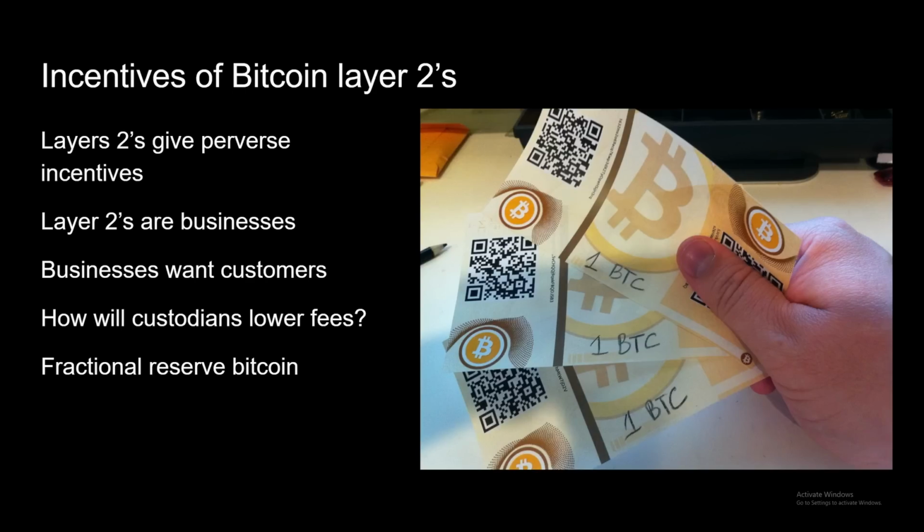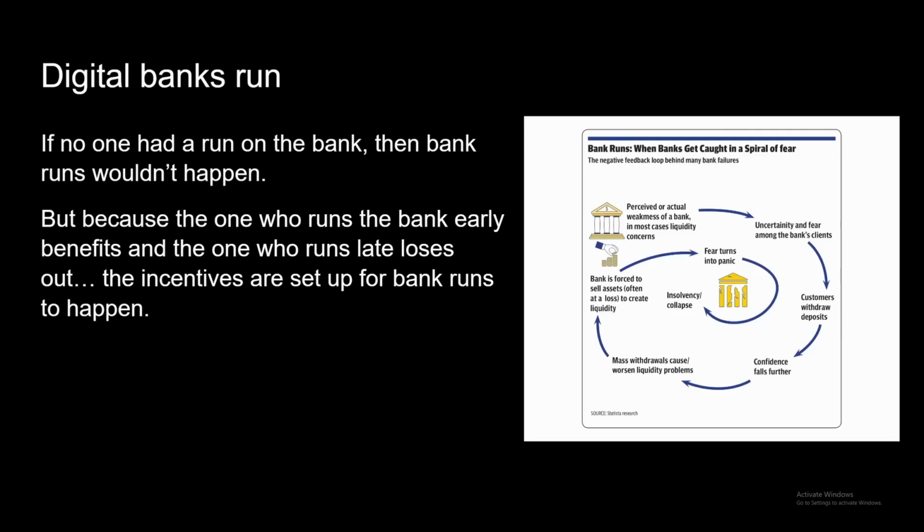So they can lower their fees and increase their customer base and increase their amount of business by creating paper Bitcoin. So you have to understand this. The Nash equilibrium, the most optimal thing for these businesses to do, is to create paper Bitcoin and to lend Bitcoin out and create more claims on the Bitcoin than actually exists. And as we know from the Nash equilibrium, that is a result that will basically always play out given enough time. And this eventually will cause digital bank runs.